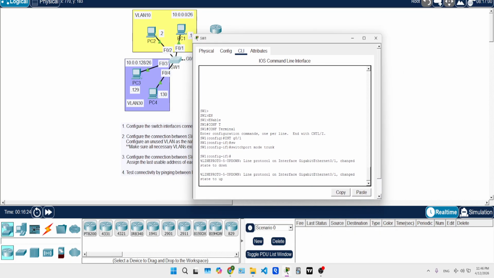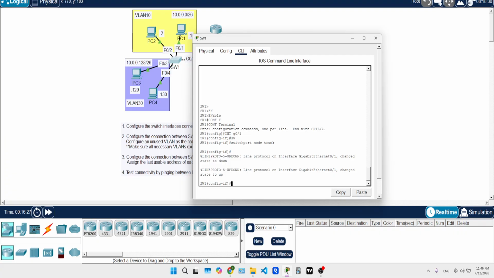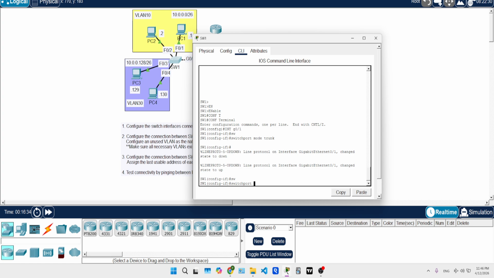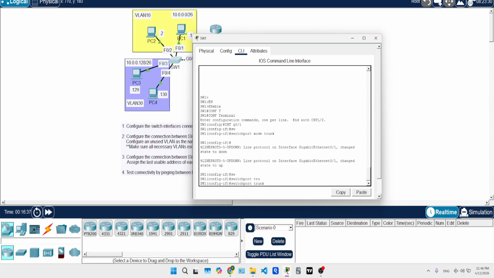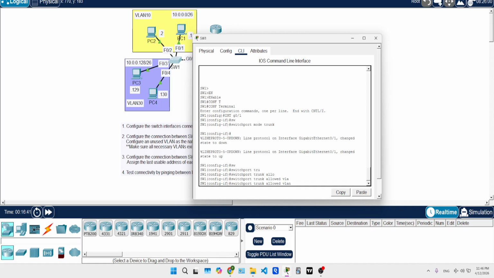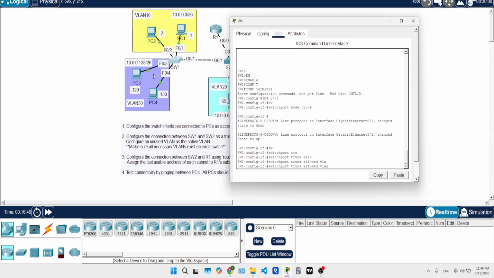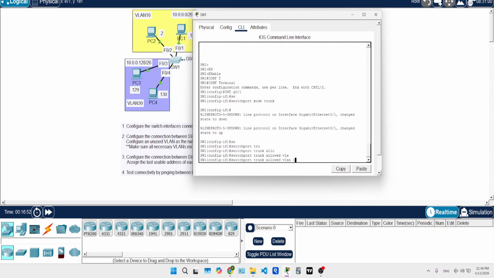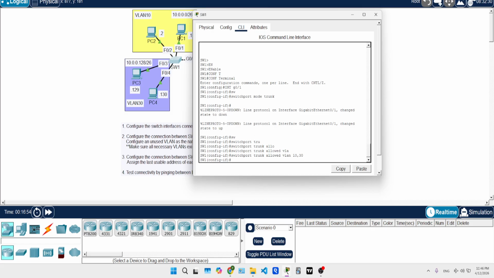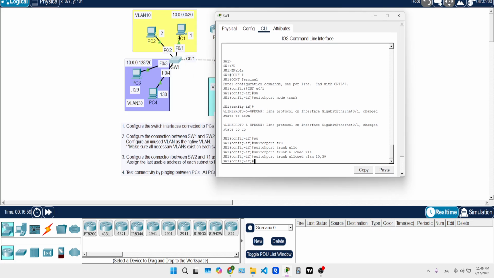Okay, and so we go ahead and do what VLANs we want to enable, right? We're going to do switchport trunk allowed VLAN. In this case, it's going to be 10 and 30, so 10, comma 30. Hit enter, and then we're going to